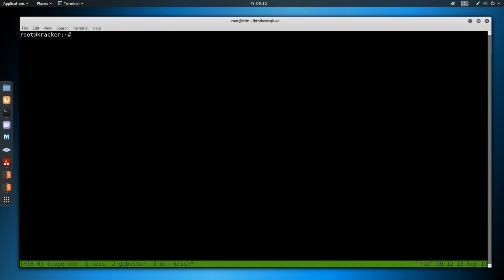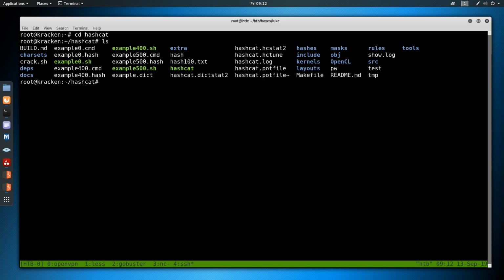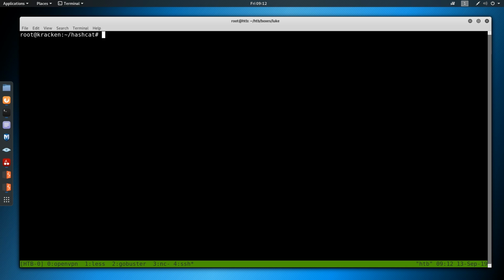And Kraken is just a machine I have. I hate doing any type of cracking in a VM, especially on the machine I'm recording from, because it's a CPU-intensive process and great for lag and all that type of stuff. So I always just remote elsewhere to do cracking. But let's go into the Hashcat folder. We can do vi